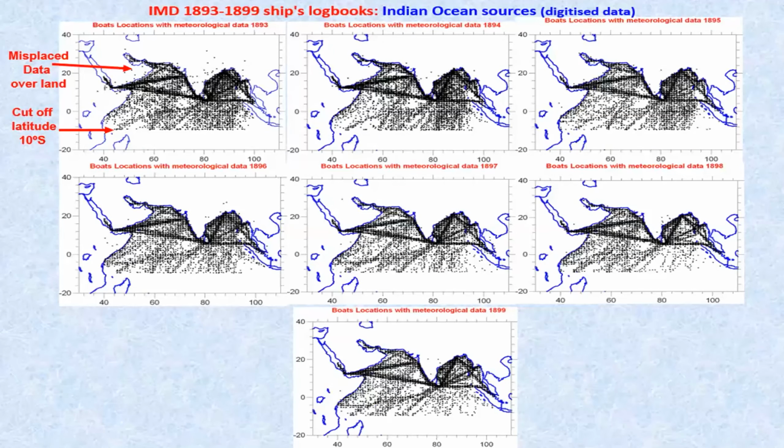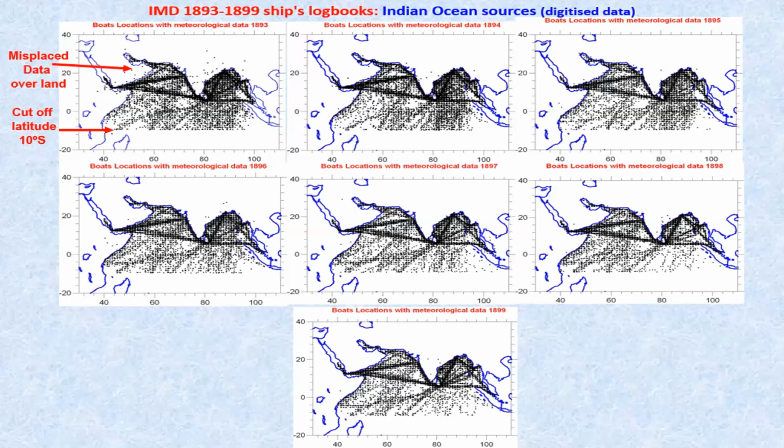The Indian Met Department, when they really got into full swing in the latter part of the 19th century, made a particular effort on data from ship logbooks from 1893 to 1899, and that was again Sir John Elliott, the second director of the Indian Met Department. He did this and it was under his authority. And you can see the maps for each of those years, the distribution of the ship data shown by the black dots and traces. You can see the main routes across the northern Indian Ocean. So this is another layer of information. We keep layering information in from different sources.